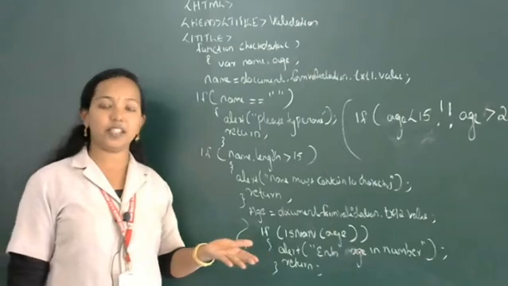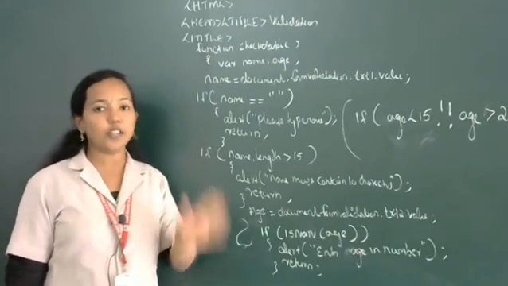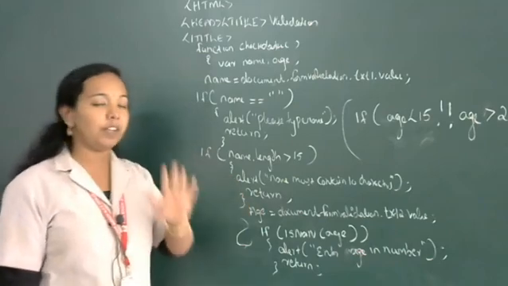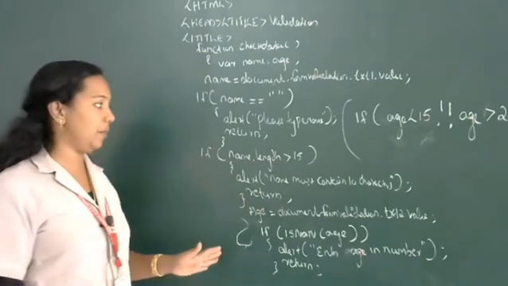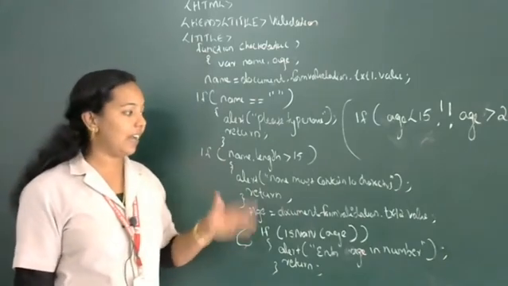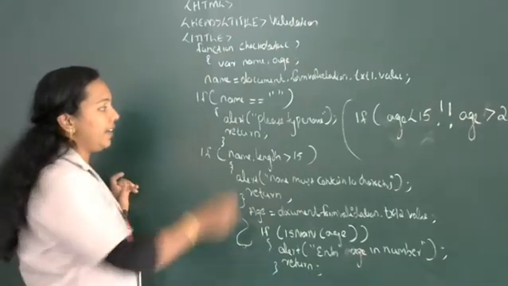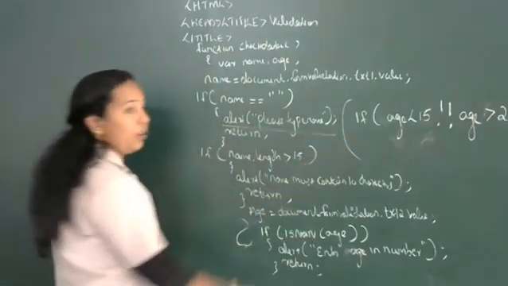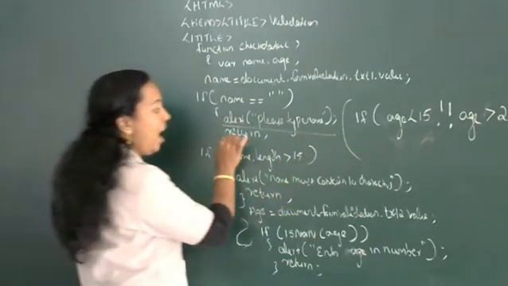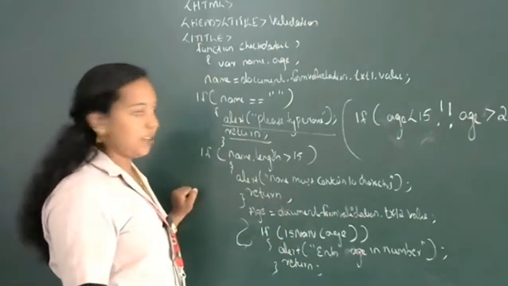After that, we are executing the main program. There is no change in the execution. It will remain the same. Then length also, that means age also, we can validate like that. Whatever validation statement you want to write, we always include the validation statement inside the alert statement. After each alert statement we specify a return statement.